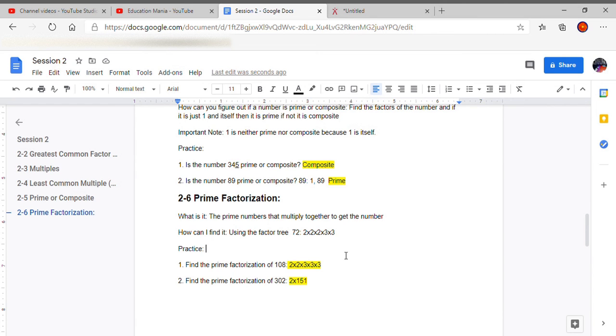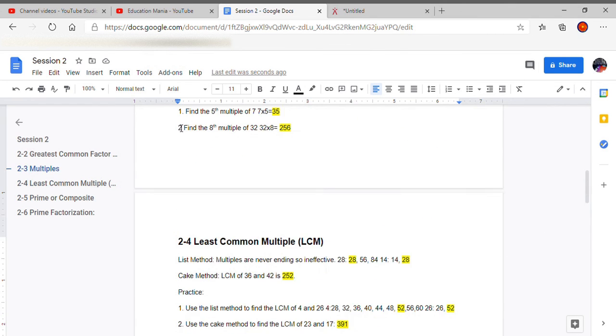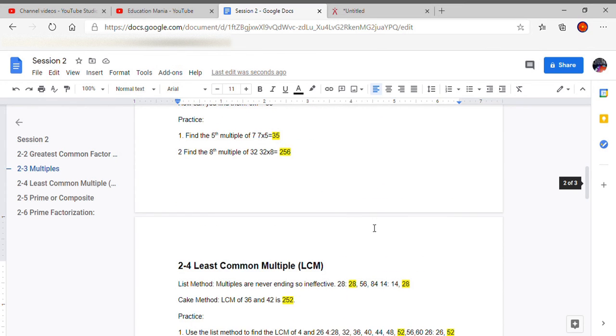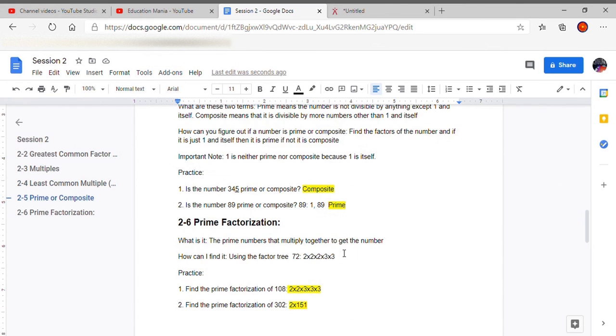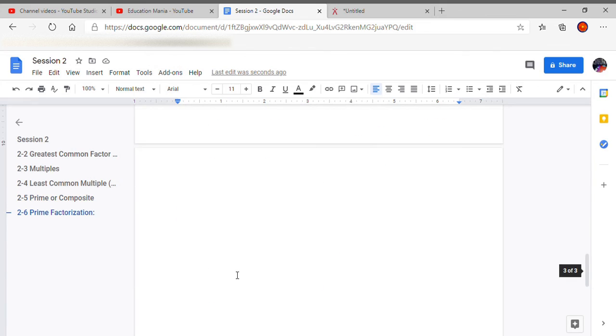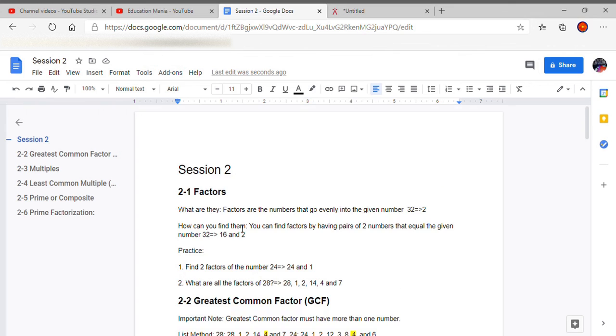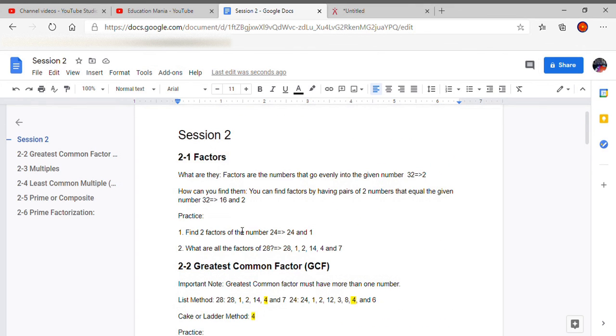So yes, this is the end of the video. We went over factors, GCF, multiples, LCM, prime, composite, prime factorization, and that was everything. I hope these skills come in handy later, and if you ever get this taught later, you already know it,